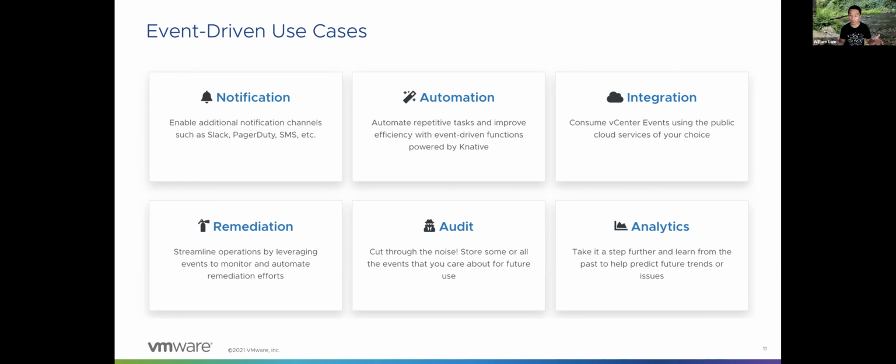And using something like VEBA, you can actually selectively pick these types of events. Maybe VMs get deleted, so destructive operations. Maybe you have teams that want to analyze the types of operations that you're performing in your vSphere infrastructure to gain additional analytics details or maybe optimizations, right? So lots of really interesting use cases around audit and analytics. But these are kind of the 6 that we see today that generally cover a broad spectrum of things that our customers are wanting to do today.